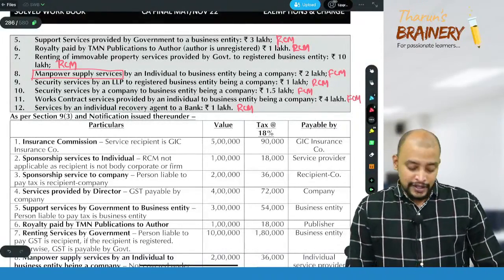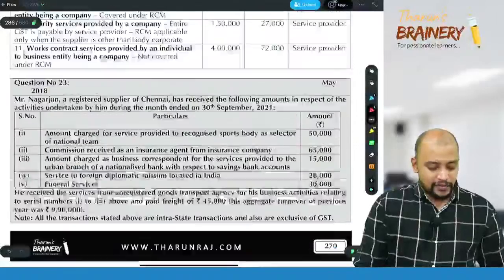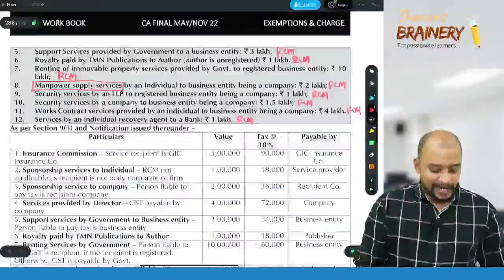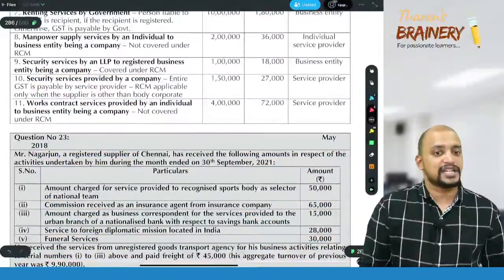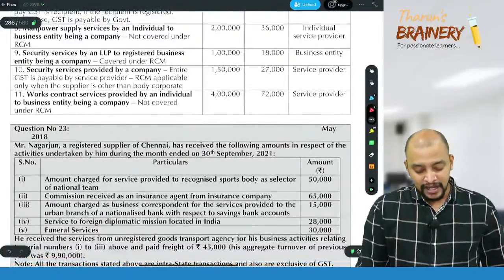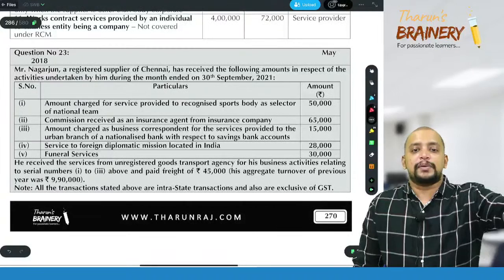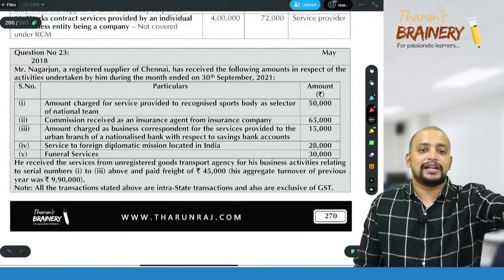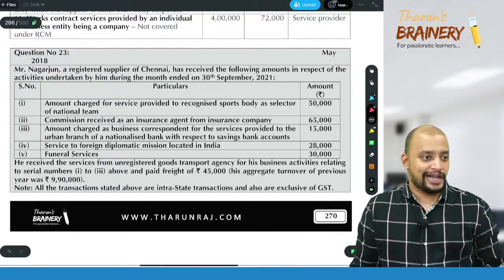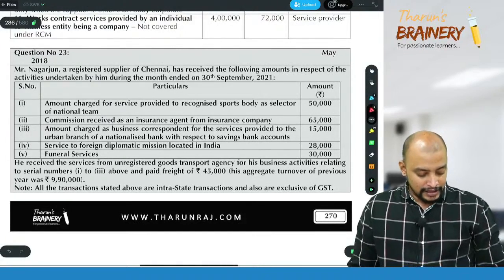Clear or not? So, like this also they can ask a question, for a long time now. I expected this type of question, but they have not asked so far. So, they may frame a question like that for some 5 marks, give some 5 transactions, 1 mark each, and ask us who is liable to pay tax. Like that also they can. Then,